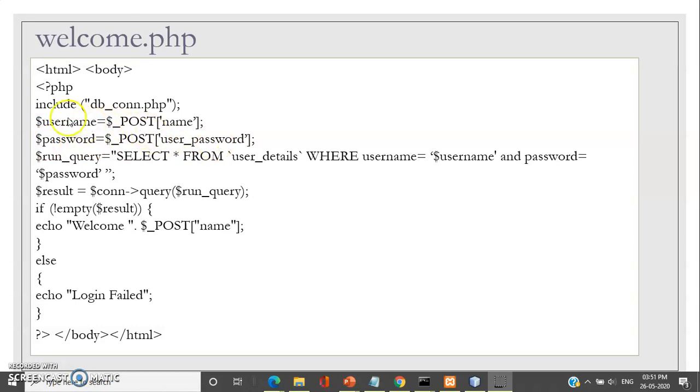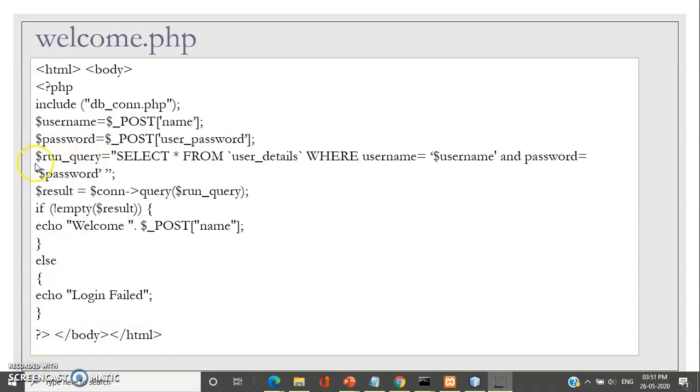Now we have to check whether the username and password are correct, and if they both are correct, then we will allow the user to the welcome.php page. For that we have to run a query.